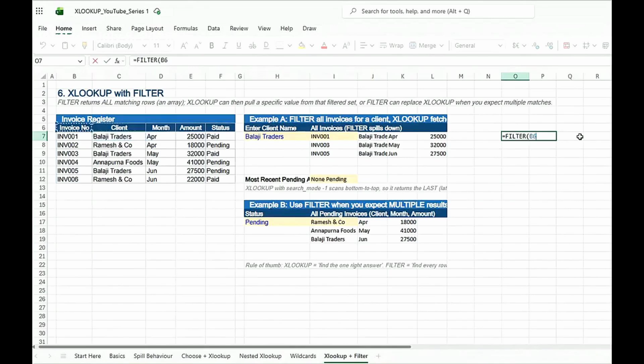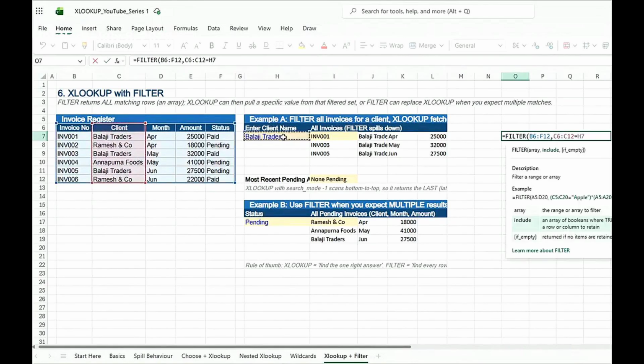First, the syntax here would be different. First, I need to select the table array I want. Next, I want the Balaji client. For that one, I need